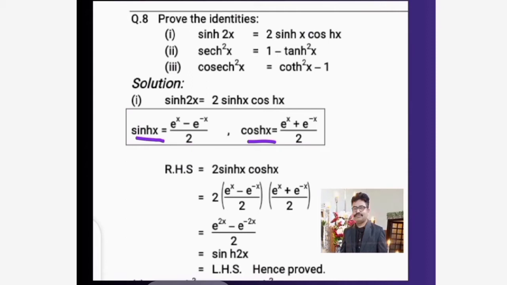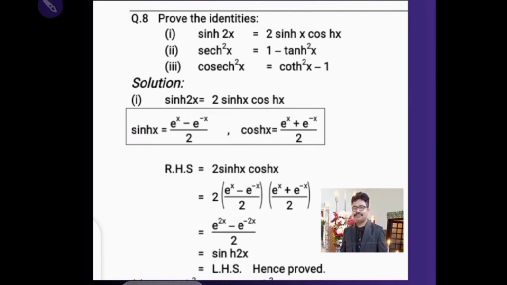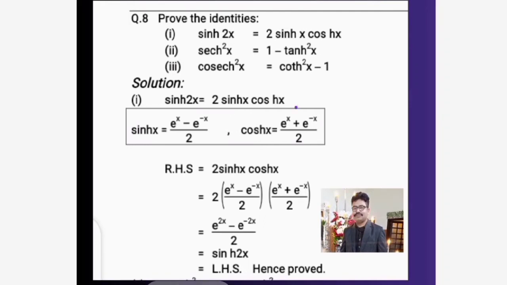And there is a technique, a very easy technique I will tell you. After this technique, you will see that the formula is very easy. People have made it very difficult for you. You see that there is a sign of plus between e power x and e power minus x. As you know that in English the letter C comes first, and in mathematics plus sign comes first. So the formula of cos hyperbolic x is equal to e power x plus e power minus x divided by 2. The difference between the formula of cos hyperbolic x and sin hyperbolic x is only that there is a plus sign between e power x and e power minus x, and here is a minus sign between e power x minus e power minus x,